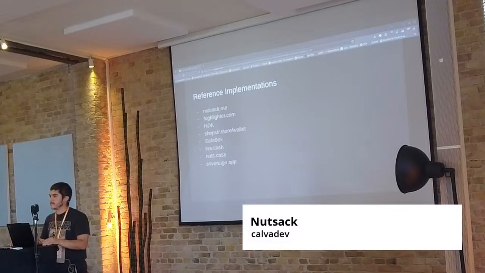Yeah, so the only two that I'm aware of that fully use it in production are Nutsack, which can be a bit buggy, and SatShoot, which actually works pretty seamlessly. At least, we had a little hack day